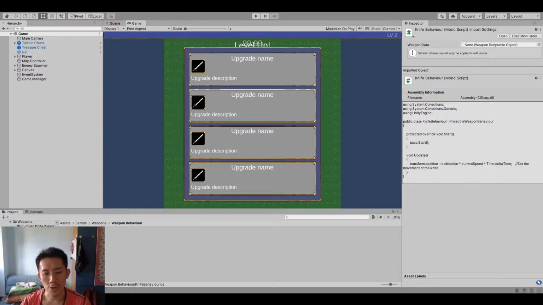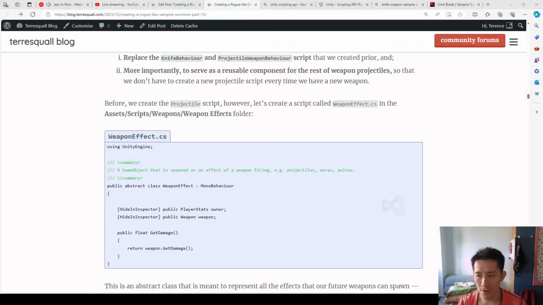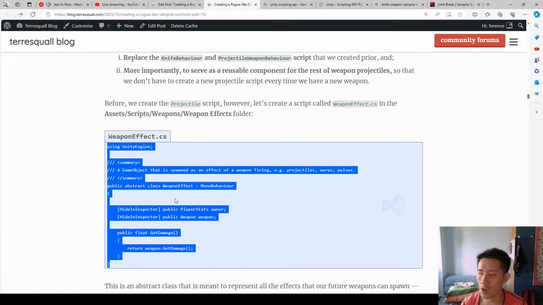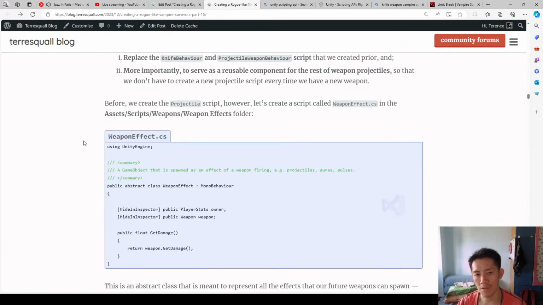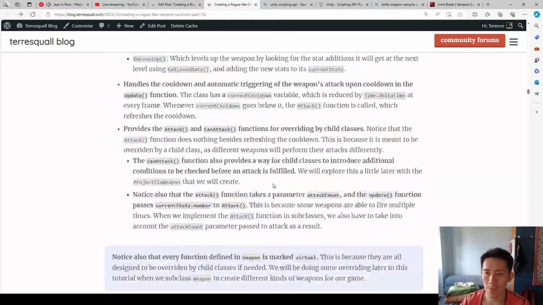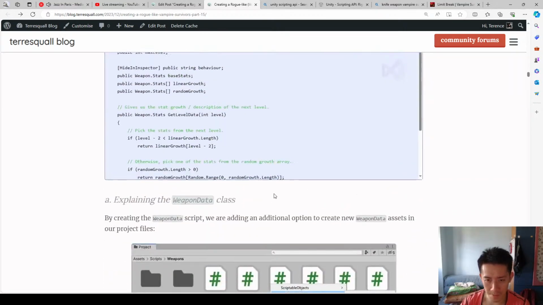We are going to create a new weapon effect script that is going to serve as the parent class for all our weapon behaviors. For example, we're going to create some generic weapon behaviors that we can apply to multiple scenarios. The two weapon effects that we are going to have so far are an aura as well as the projectile. If you scroll up higher in the article,